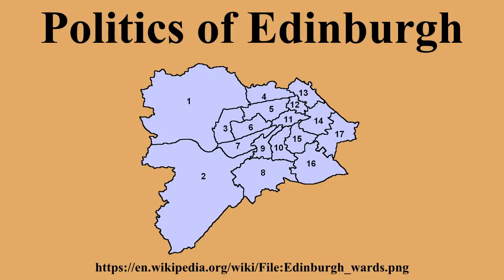The City of Edinburgh Council. The current Lord Provost of Edinburgh is Donald Wilson, who replaced George Grubb in May 2012. In Scotland, the Lord Provost fulfills many similar roles to that of a mayor in some other countries. Elections to the council are held every 4-5 years, electing 58 councillors. The last elections took place in May 2012 and the next election is in May 2017. The council is currently controlled by a Labour, Scottish National Party coalition.